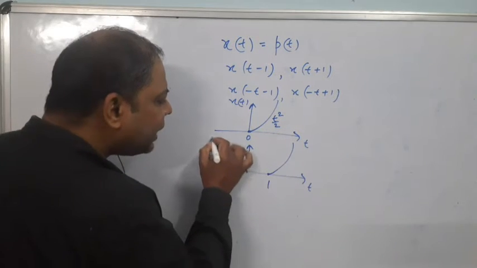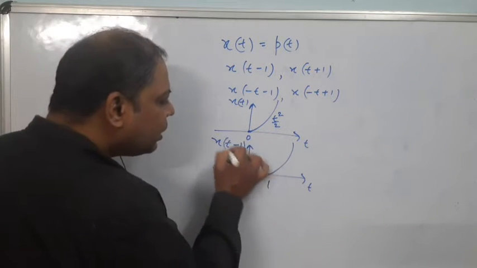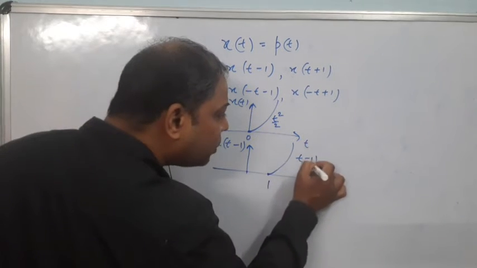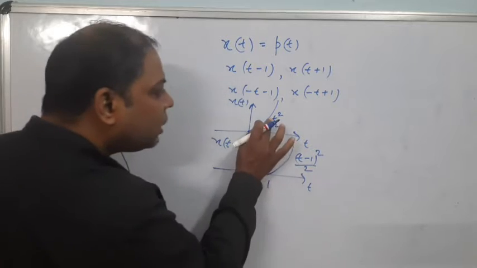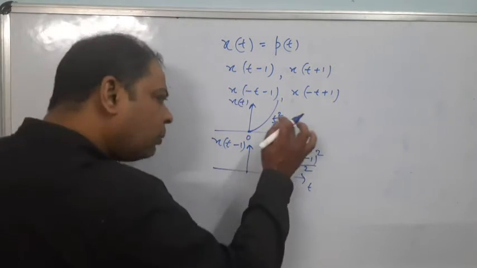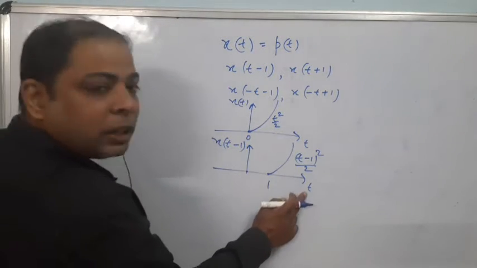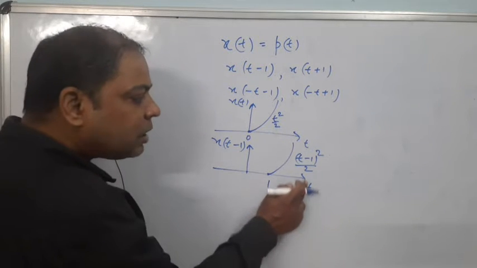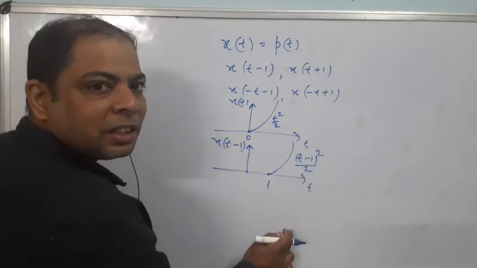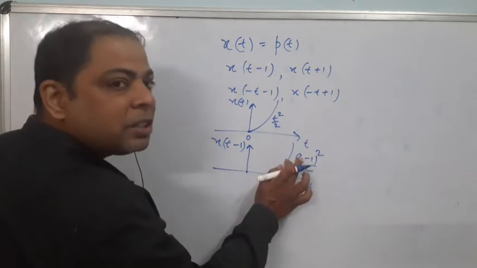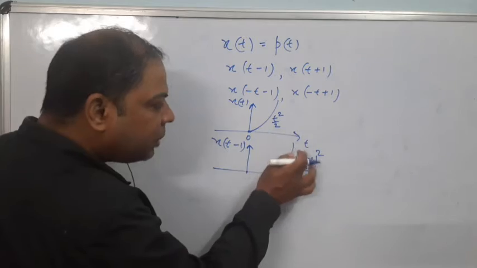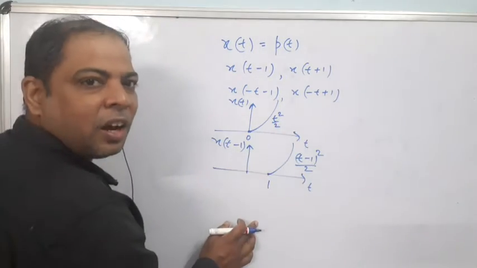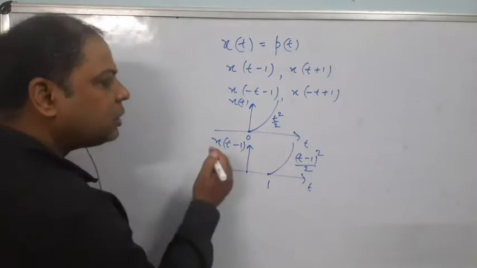Try to understand. That means this signal you can say x of t minus 1. So what will be the equation? Try to mark the equation. The equation will become (t minus 1) whole square by 2. In place of t, t minus 1. So this will be the equation because you are plotting with respect to t. That means you have to write the equation based on t, where the independent variable is t. When t will change, x of t minus 1 will change. Understood? Okay, good.